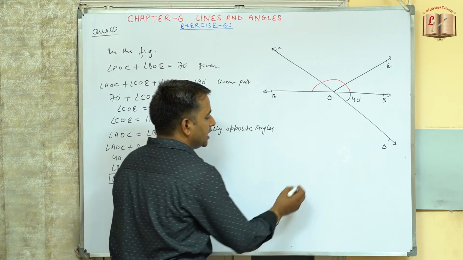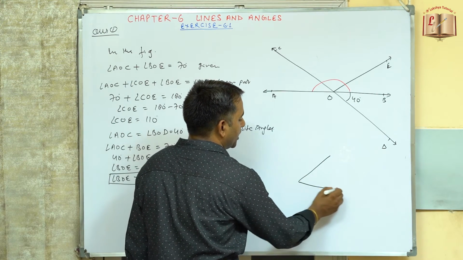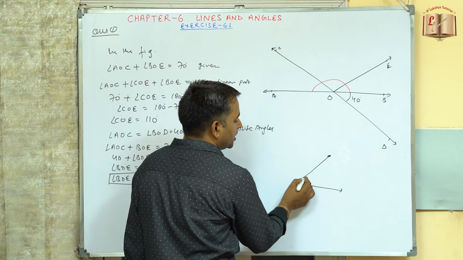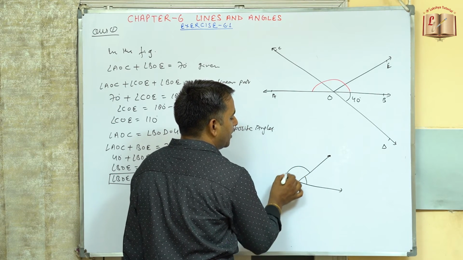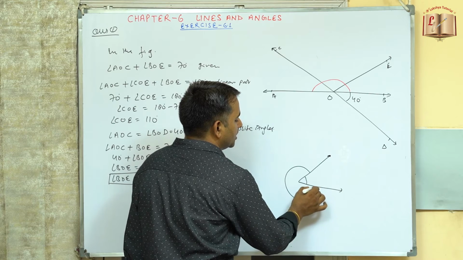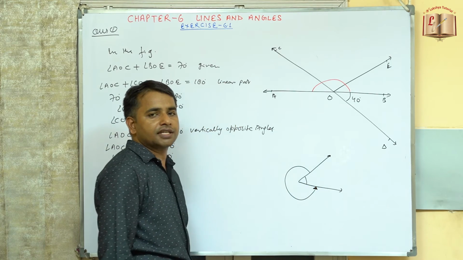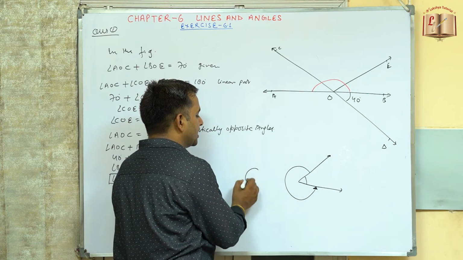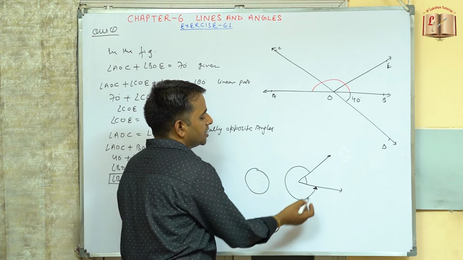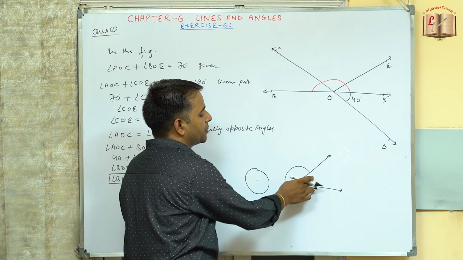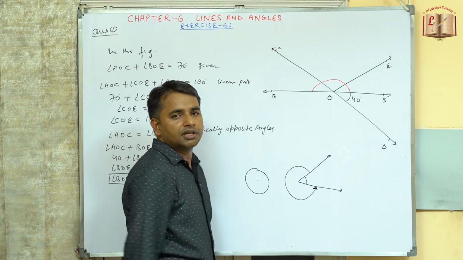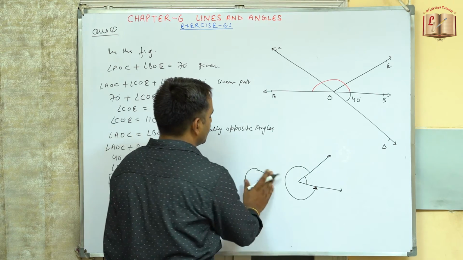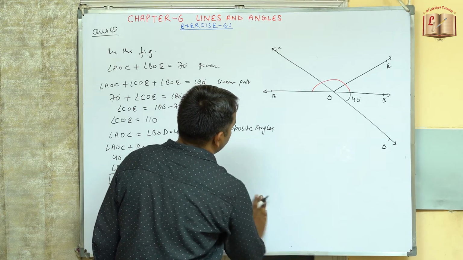Reflex angle, देखिए, in case अगर मैंने ये एक एंगल बनाया हुआ है, ये तो इंटरनल एंगल हो गया, इसके बाहर वाला जितना भी ये एंगल होगा, that will be called as the reflex angle. बाहर वाला जितना भी होता है उसको क्या बोलते हैं? रिफ्लेक्स एंगल. So complete angle कितना होता है? 360 डिग्री. उस 360 डिग्री में से अगर ये वाला एंगल हम सब्ट्रैक्ट कर देंगे तो remaining will be the reflex angle. So अभी हमें reflex angle COE निकालना है.